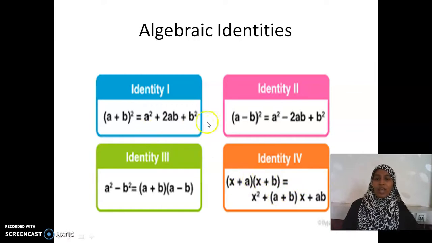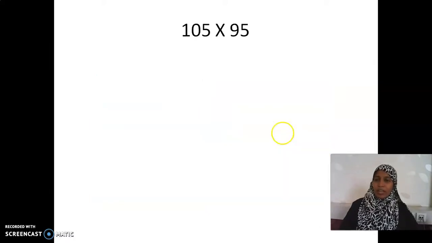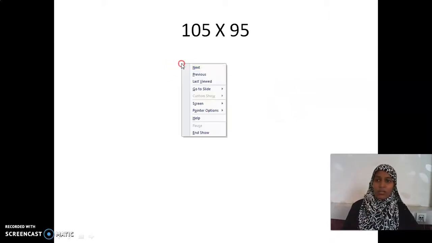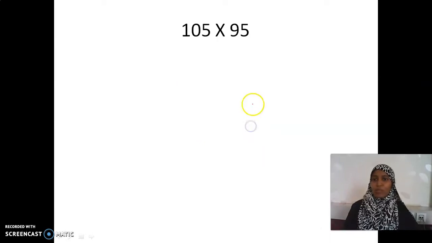Okay children, so we have learned four identities so far. What is the use of all these identities? To make our calculation simpler. Ma'am, instead of using this identity, I will directly multiply and get the answer, ma'am. Of course, you are all well versed in multiplying and you will get it. But look at this problem. 105 into 95. As such, if I ask you to do it, you will take a rough paper and write the numbers one below the other and multiply it, isn't it? But if you get trained to use these identities, how simple it will be. Let me show you how simple it is going to be.